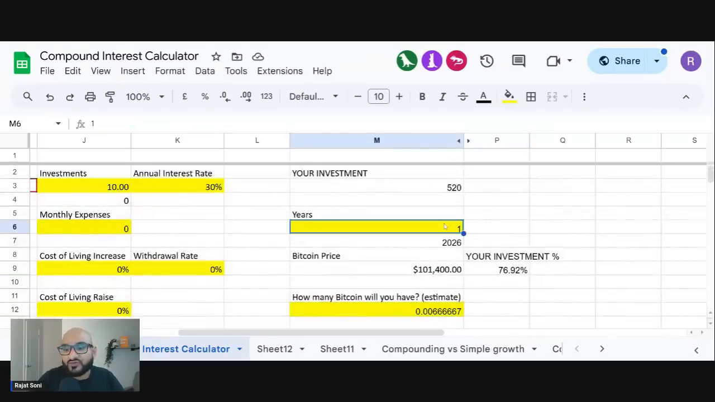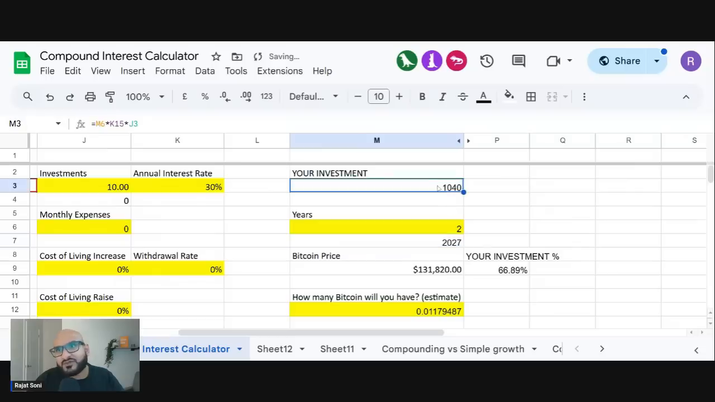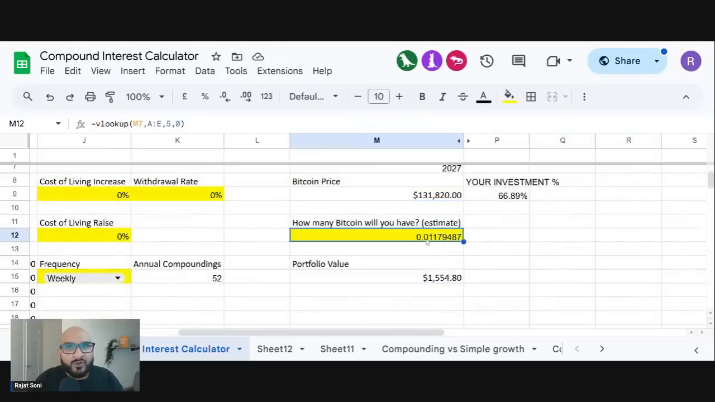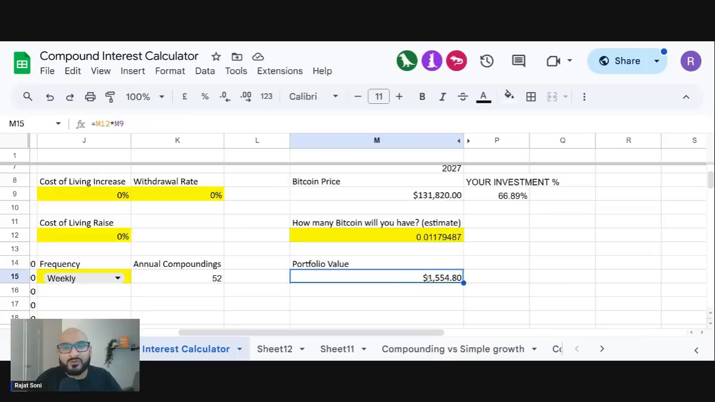But let's say you do this for 2 years. You would have invested $1,040. Bitcoin would be $132,000. You would have about 1.2 million Satoshis. 1.2 million Satoshis is 0.01 Bitcoin. Each Bitcoin can be divided into 100 million Satoshis. So in this case, you'd have 1,179,487 Satoshis, and all of your Bitcoin will be worth